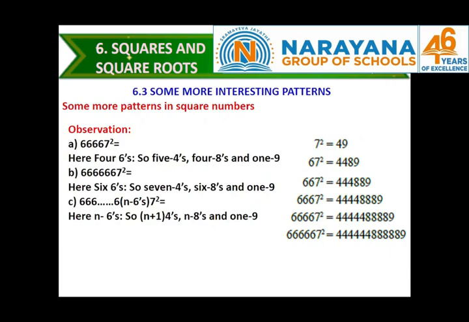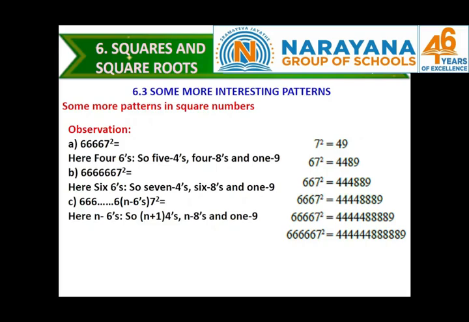In the second 5 digits, four 8s and one 9. So what is our conclusion? If the number consists of 8 digits, that means 6 is repeated 7 times and 7 is repeated 1 time,